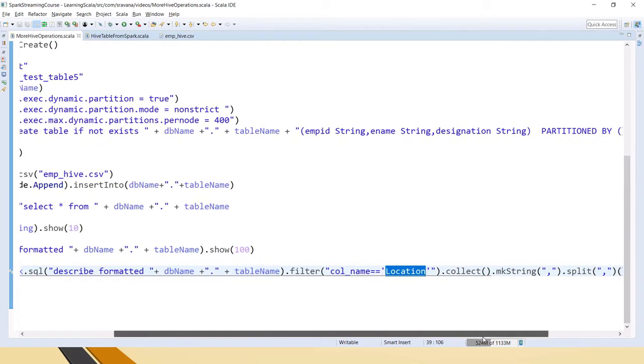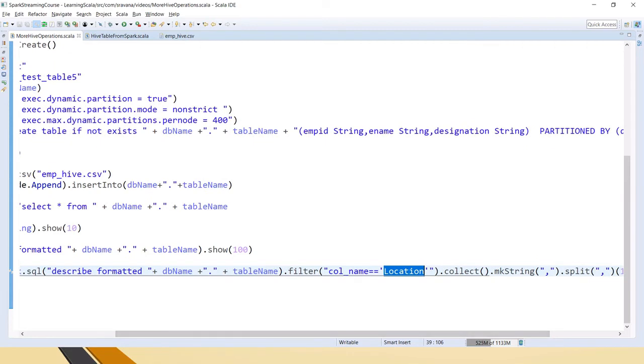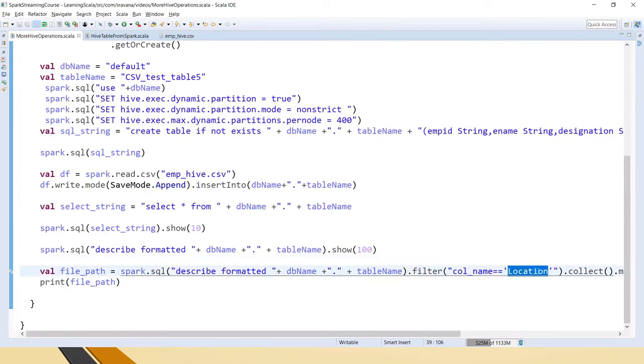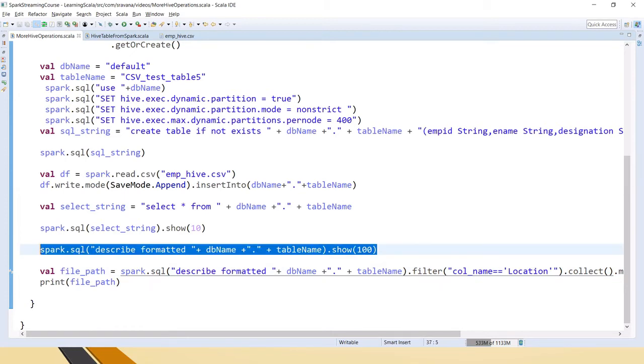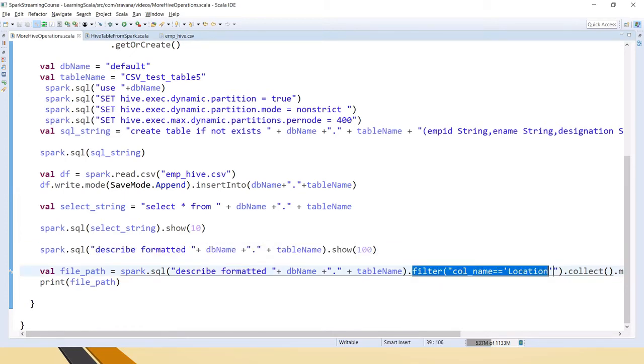Location is the place where it will show the underlying file name of the table, the base file on which this Hive table is built, because when you create a table you send some file, right? Create a table out of this file, that HDFS location, it will store in the location column name. So there are a lot of details, but filter only where the column name is location.